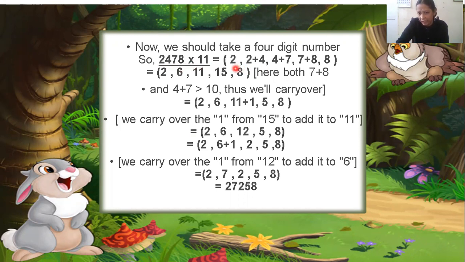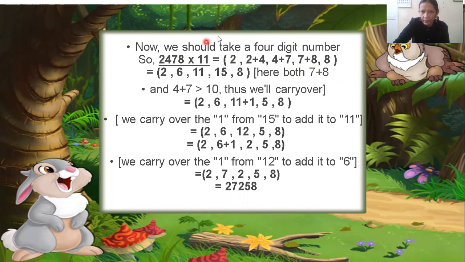So I have done the splitting. 2 I have written as it is, and you see here 8 also I have written as it is. Now in splitting I have just put these commas here. And when you are doing the multiplication of any number with 11, you have to take the two terms only. So first is 8 here, you will write down as it is. You will not add anything with this 8, because here you have already done the splitting. What are the next two numbers? You look here, 7 and 8. 7 and 8 are the next two numbers. So after 8 you will put this comma here, which I have already put here. You will write down 7 plus 8, then comma.